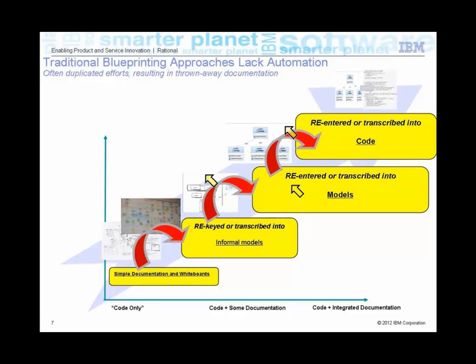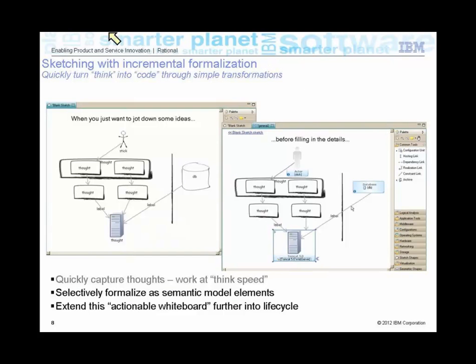Today, when we talk about the Agile sketching or these informal models, we can actually use that as a bridge to transform that into our UML models. Now, historically, when we look at these various approaches, it's generally rekeying information from perhaps a Visio or from a whiteboard into the next stage model and so on, and then entering in the code by hand. All those are things that we can dispense with by leveraging some of the capabilities for automation in Rational Software